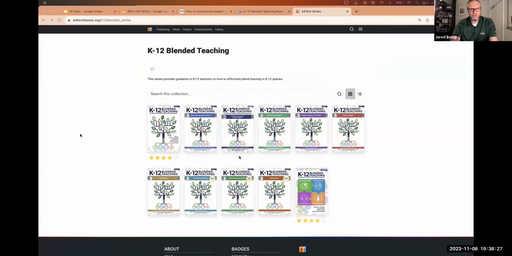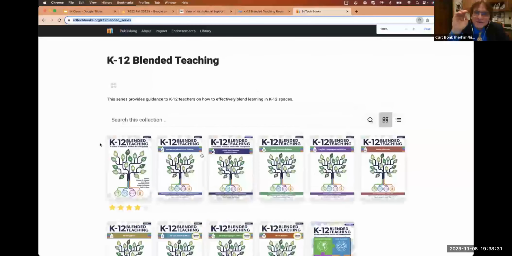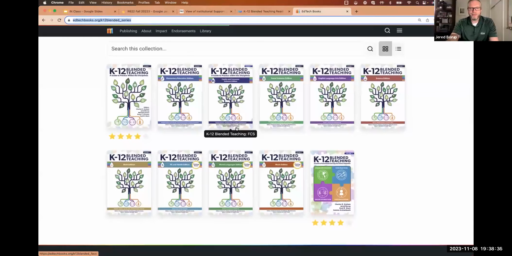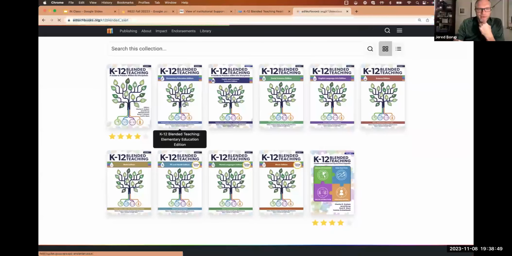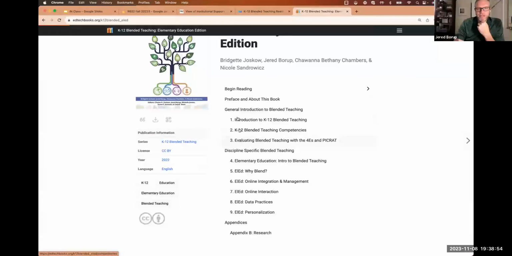So let's see. Tell me those books aren't 500 pages long. These got to be short books. You didn't do all those books, did you? We did. Well, you're still alive. Well, we created a template, and I worked mostly with the elementary education. So these 3 chapters are the same in every edition, and then we created templates for these other ones.